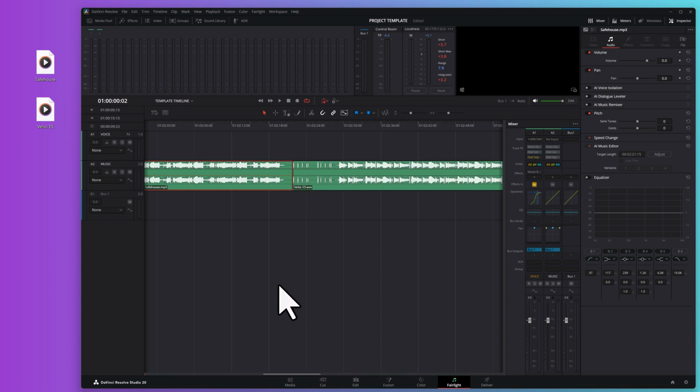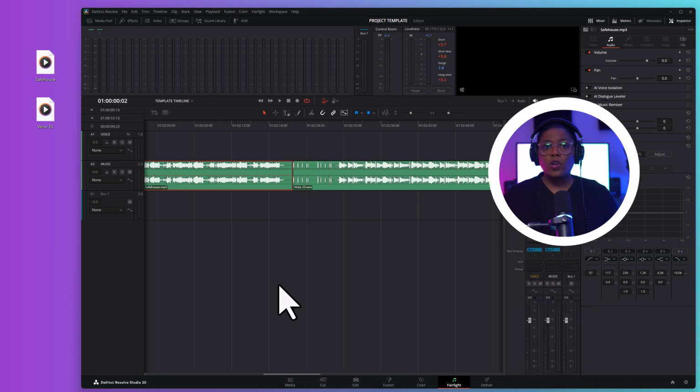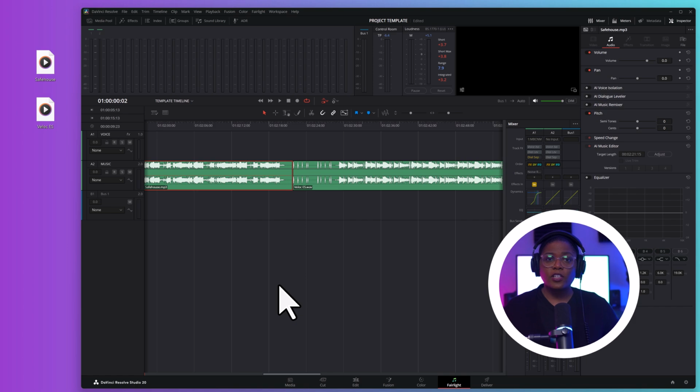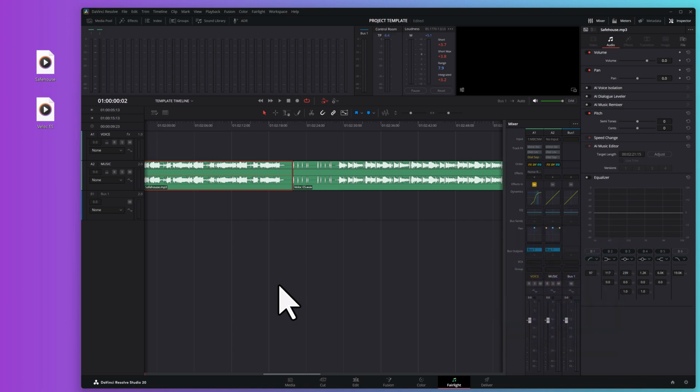Next, let's normalize the music. Remember, when we normalize the audio, we're telling DaVinci to analyze the audio track and raise the volume to the proper level. This way, no matter where you get your music from, you'll start with the perfect levels. If you only have one music clip on the track, you can normalize it by right-clicking the clip,